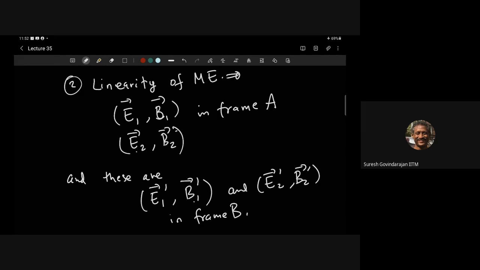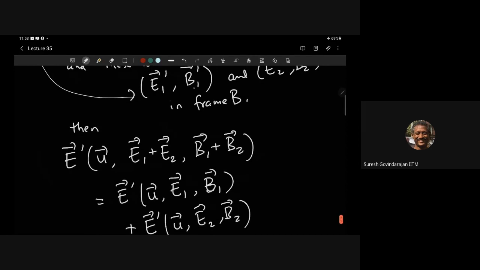Okay, sir. Similarly, now if observer A tunes something and gets a different electric field, E2 and B2, I'm just saying that observer B will see E2 prime, B2 prime. So this goes with this, and this goes with this. But now, like in superposition, observer A can create something where the electric field is E1 plus E2, and magnetic field is B1 plus B2. Then linearity on both sides will force this. You think a little bit about it.